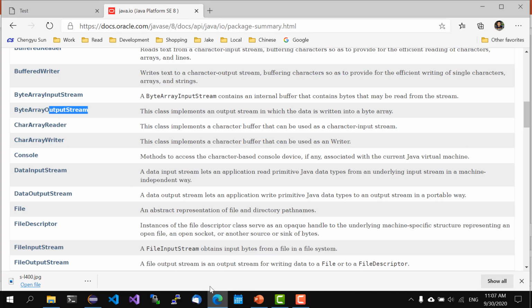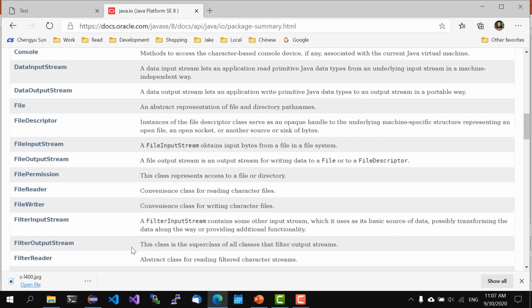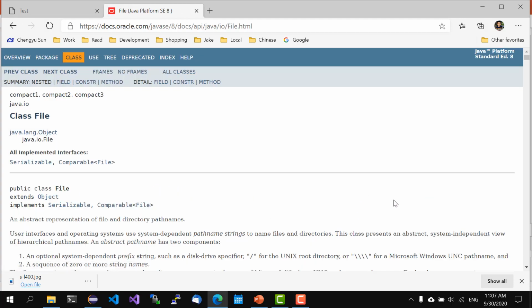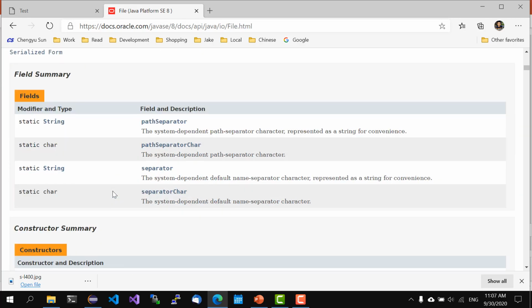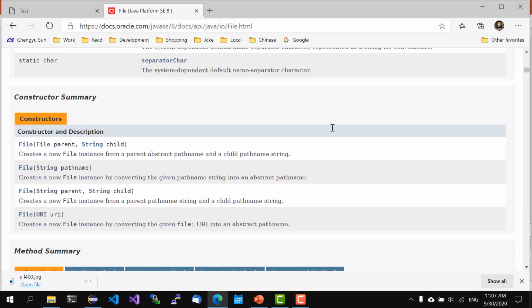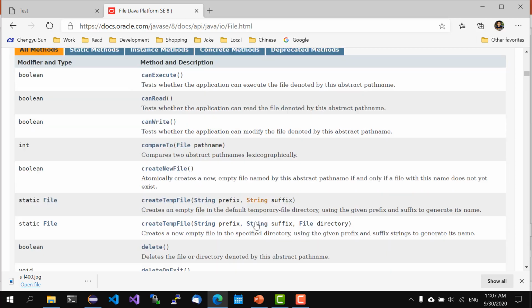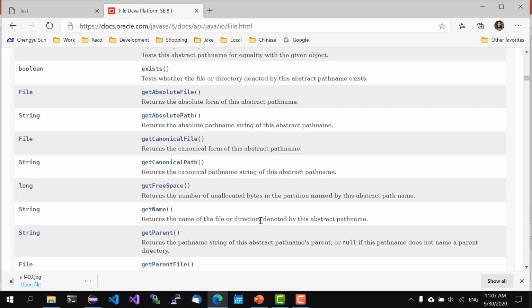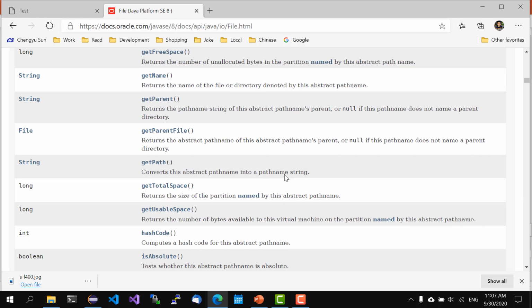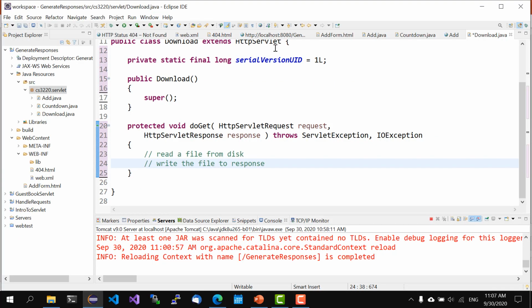Another related class is the File class. This class lets you get lots of information about a file on disk, for example, whether it exists, whether you can read or write to it, the length of the file. If you want, you can use this class to delete the file, rename the file, and so on and so forth. So let's first create a file that represents the file on disk. So we'll say creating a file object,